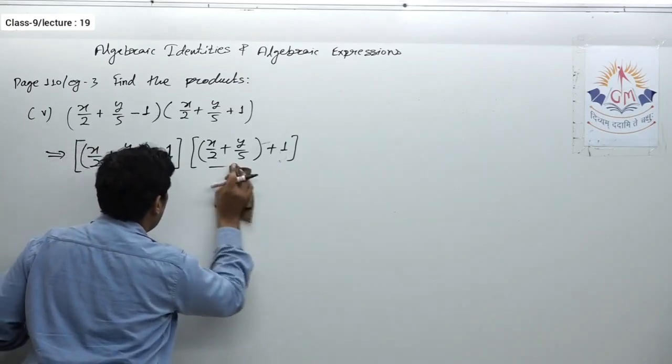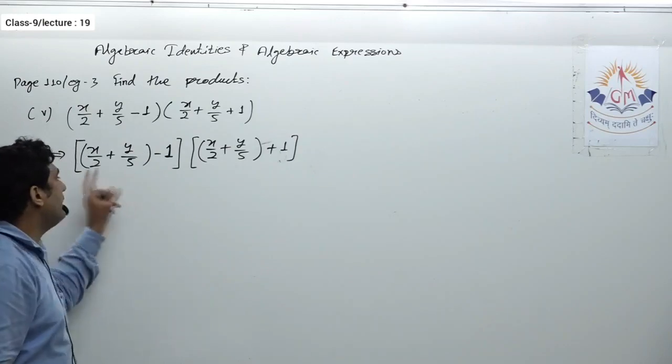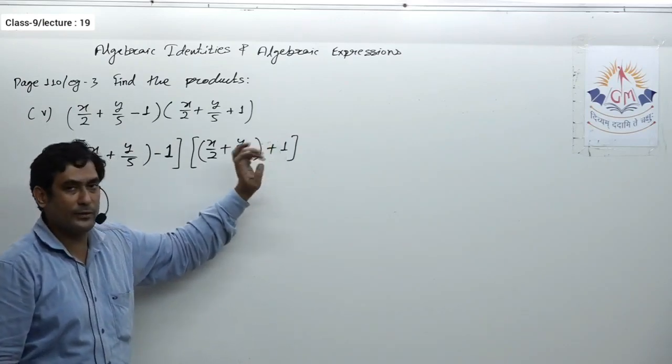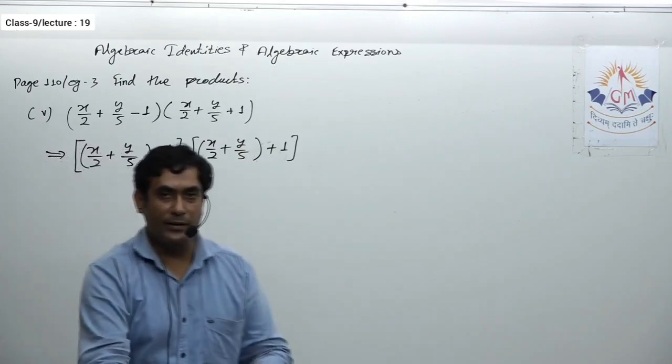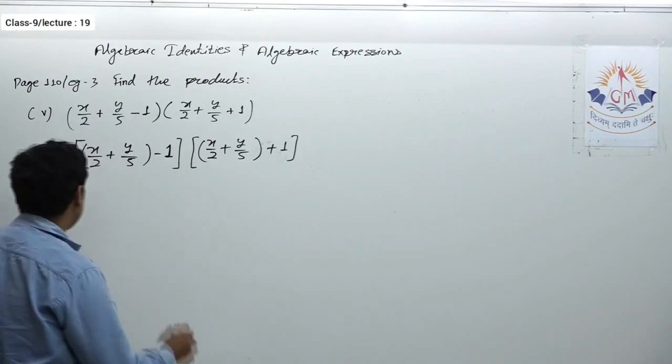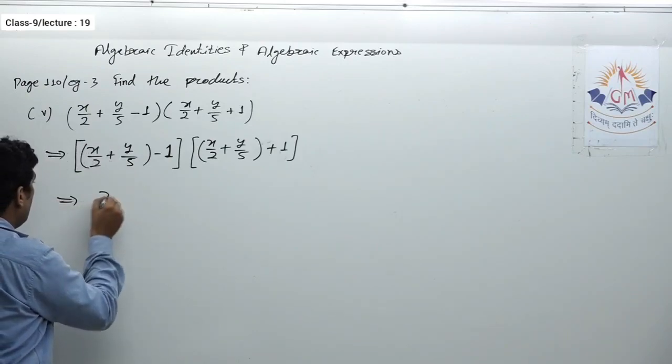So let us see if I apply that. See, the only thing here is adjusting the expression, that means writing the given expression so that it fits the form of an identity. After that, we are just applying the identity.